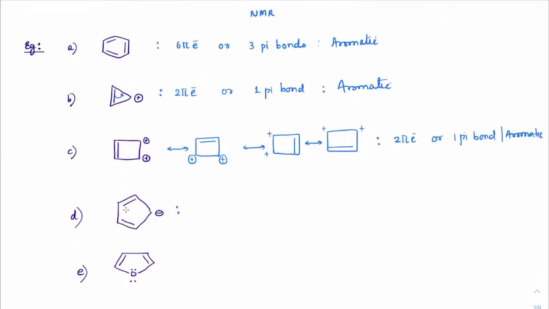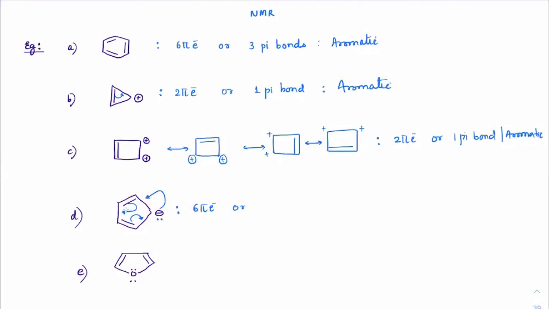Same way here you can see this lone pair. See, wherever there is a negative charge, it means it is a lone pair. So there is a lone pair that can also participate. From here you can see it can participate in resonance. This pi will shift and this pi will shift. That will keep on shifting. Correct? So this pi will keep on moving around this entire ring. So here how many pi bonds are there? 6 pi electrons are present, including that lone pair, because that is also participating.